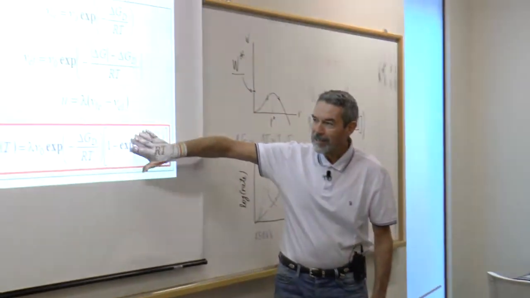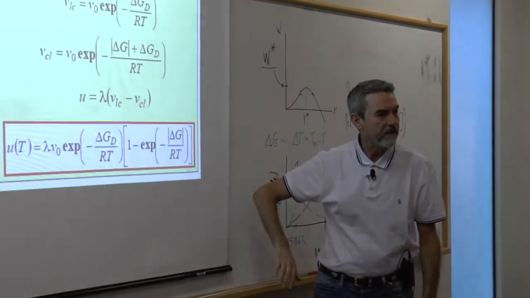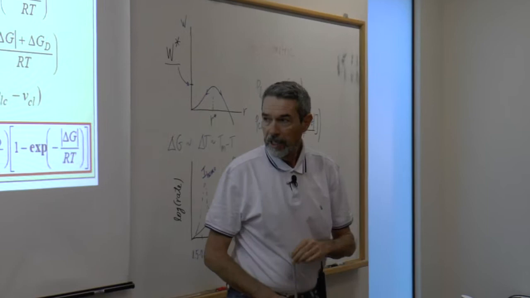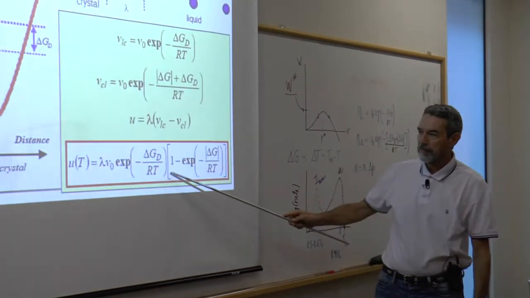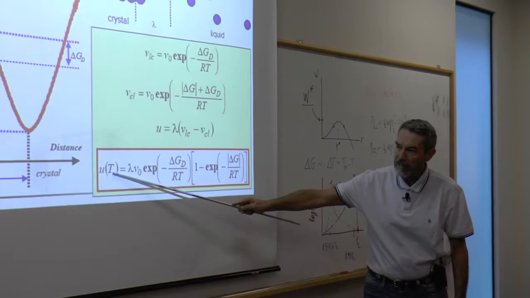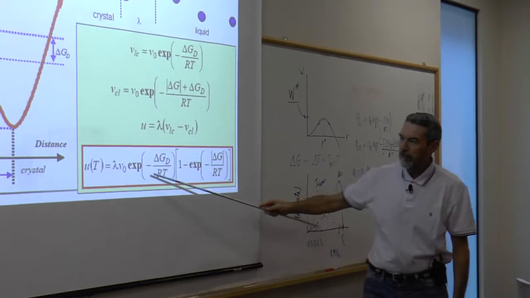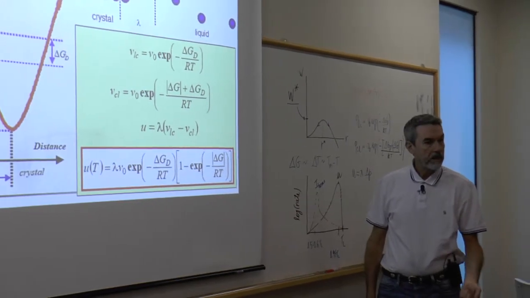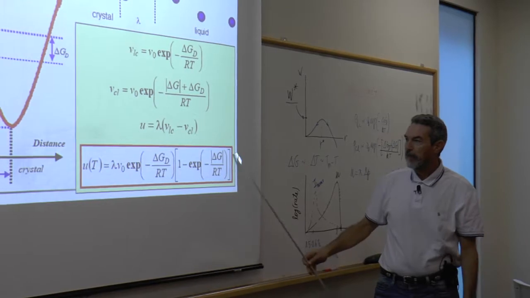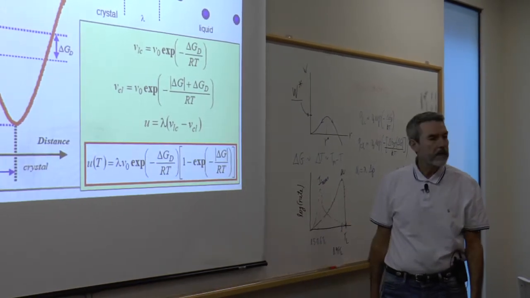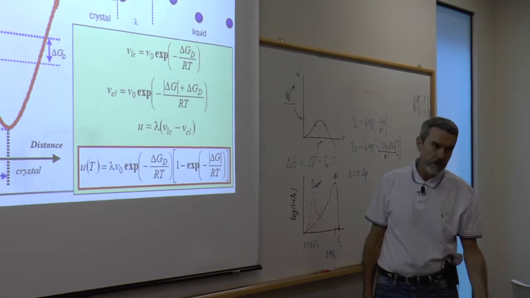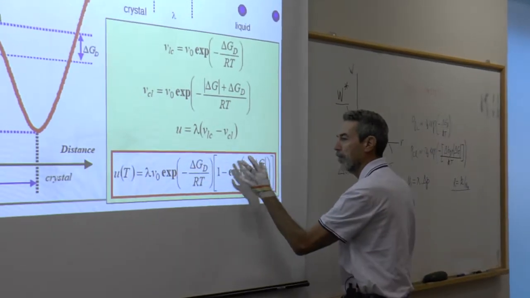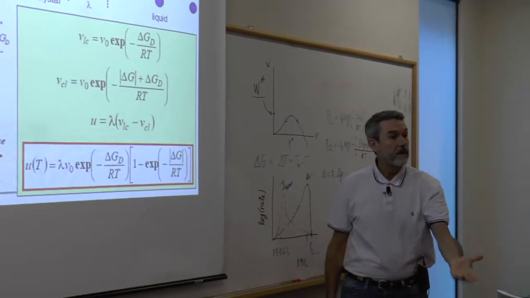Anyway, this is a very simple equation. It came from this easy derivation, and it says that the growth rate is a function of the temperature, is a function of the activation energy for diffusion and the free energy difference between the glass or the supercooled liquid and the crystal. So we only need these two parameters here to calculate the